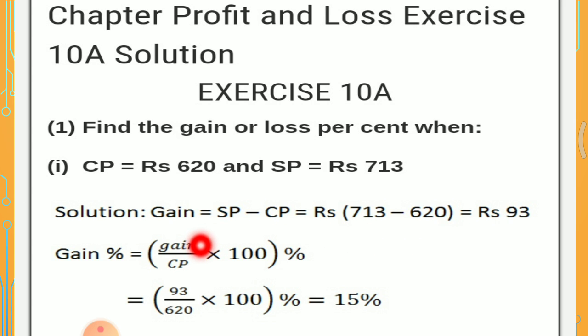So the formula of gain percent is equal to gain by CP multiplied by 100. Gain is 93 and CP is 620, multiplied by 100. When you calculate it, your answer will be 15%. Profit percent is equal to 15%. Now the next question is that